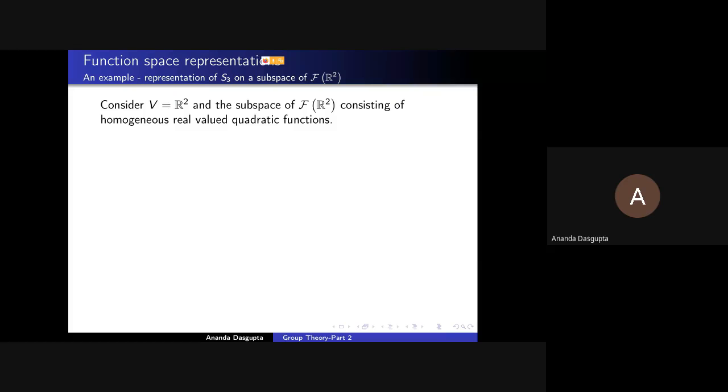Now, do they form a vector space? Functions of the kind ax square plus by square plus cxy. Of course, to check that, what you need to do is figure out if you add two such functions, do you get such a function? Of course you do. And if you multiply such a function by a number, do you get such a function? Again, you do. And what possible basis functions can you choose here? Can anybody give me the answer to that?